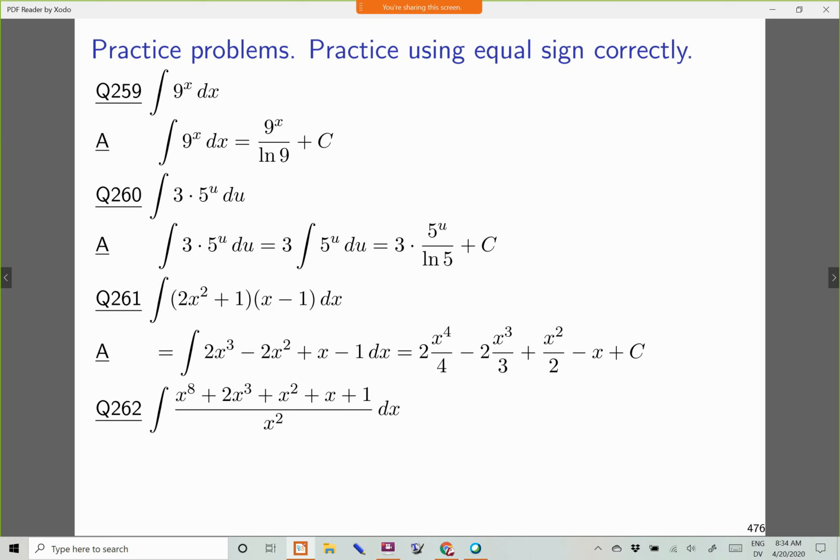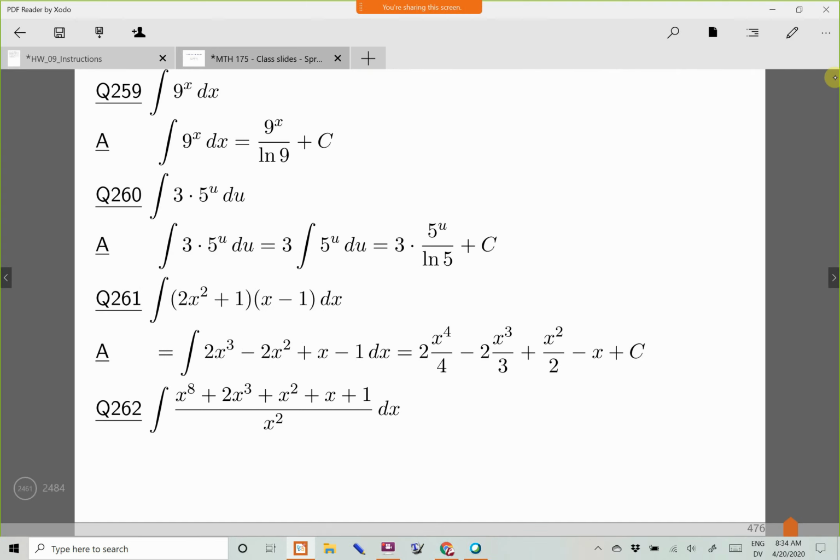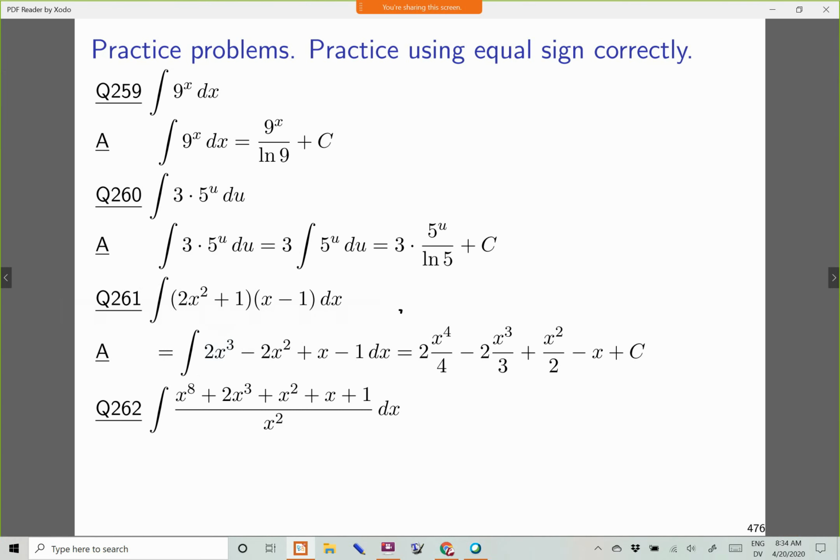And now that is all expanded out, and we have 4 separate terms. For sums and differences, that's real nice, you can anti-differentiate each of the terms separately, just like you would normally be able to differentiate each term separately. So we'll do that, right? So this constant 2 is copied, and then anti-differentiate x to the third, and you have x to the fourth over 4. Then minus and 2 are copied, because a constant in front of a function is copied, and then anti-differentiate x squared, you have x cubed over 3, and then x to the first anti-differentiates to x to the 2 over 2, and then minus 1.